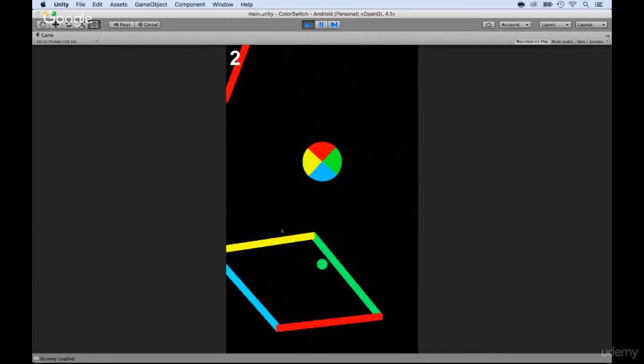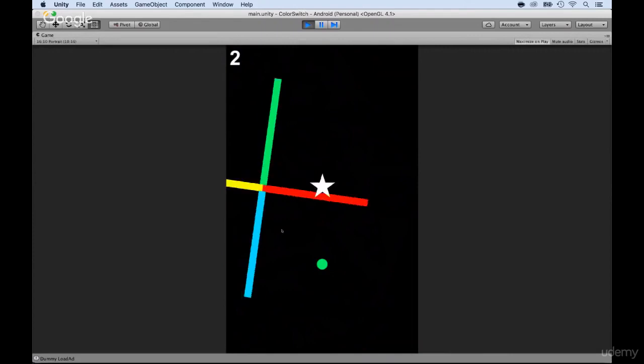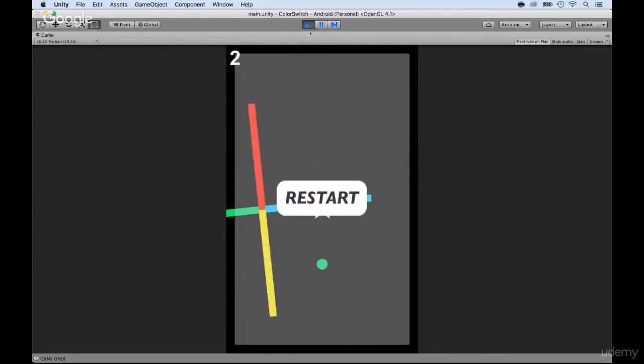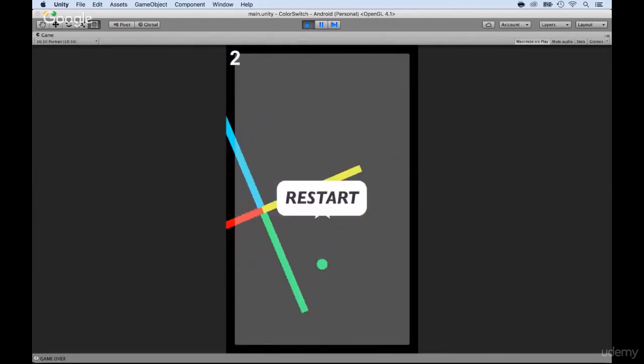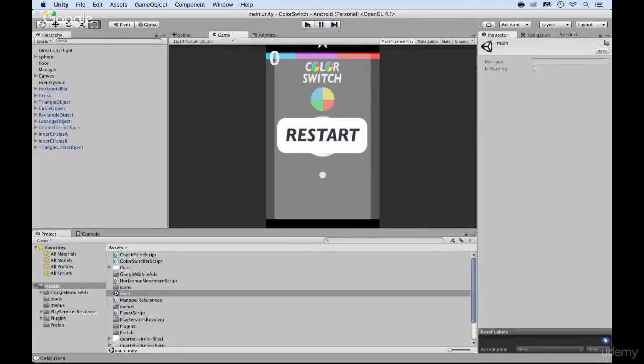Excellent. Okay, well, I know I'm not here for you guys to see me play, okay? So I'm just going to wait. Okay, so I'm going to stop here. All right, so I did have 2 points. That's pretty good. All right, so the game works, and this can be deployed on Androids, iPhones, Windows PC, and so on, so many different platforms,